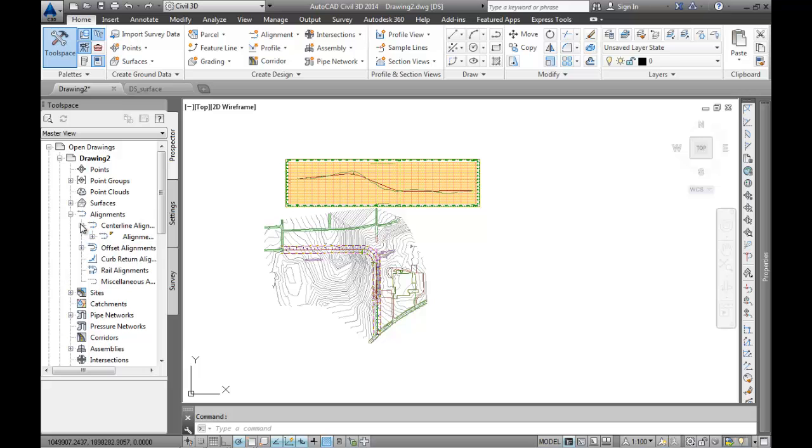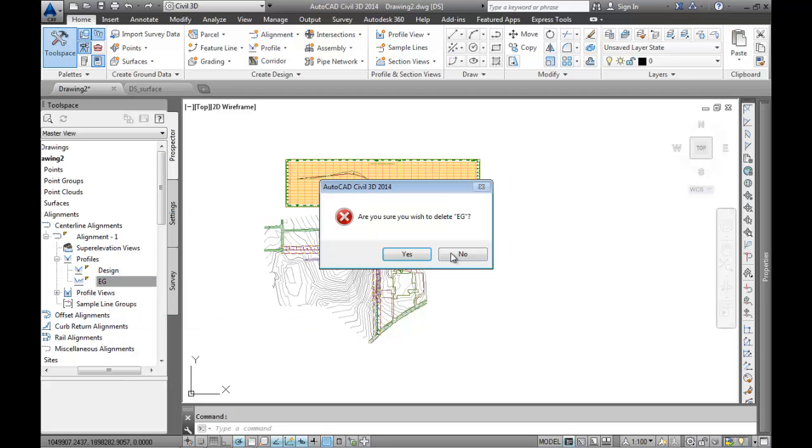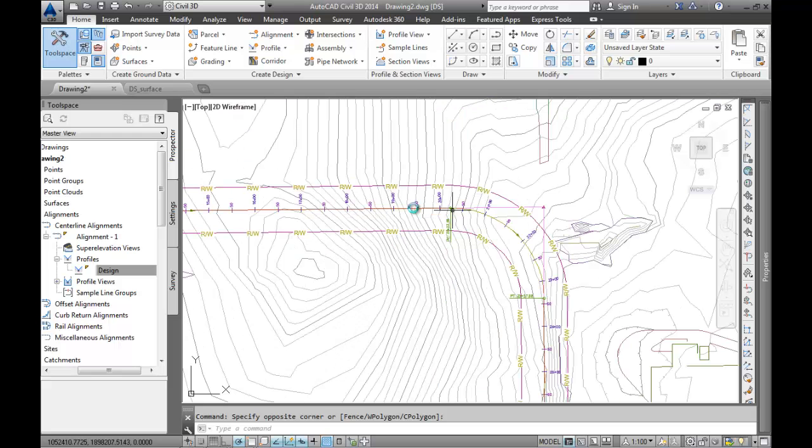So into my alignments, I really don't need my existing ground profile, if I remove it and simply delete it, and then, too bad, can't select the profile from inside the tool space. However, if I simply select the alignment,